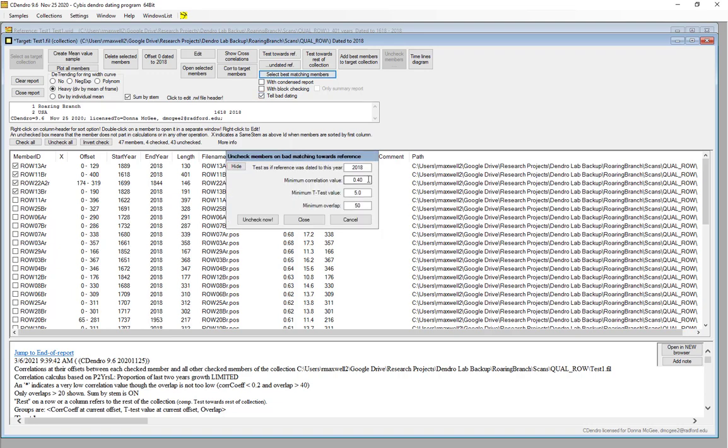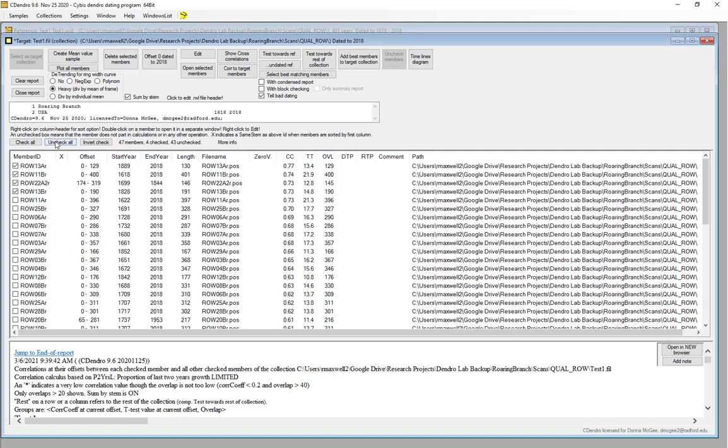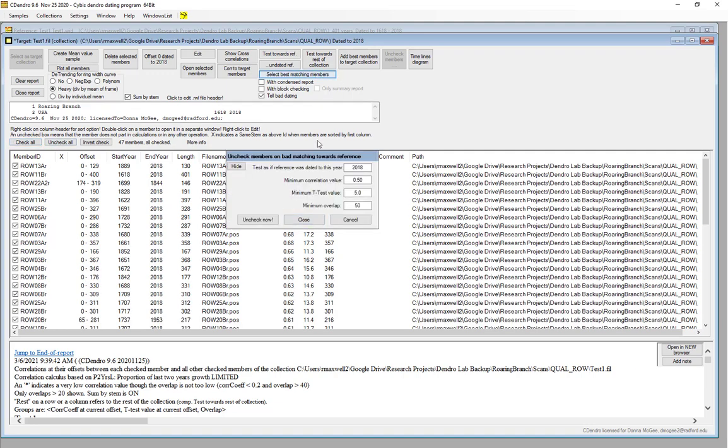And we can set the minimum correlation value that we might want to have included in there. So I could maybe put this at a 0.5 correlation and then run that. Actually, I'm going to check them all and then hit this. Sorry, and then run that.